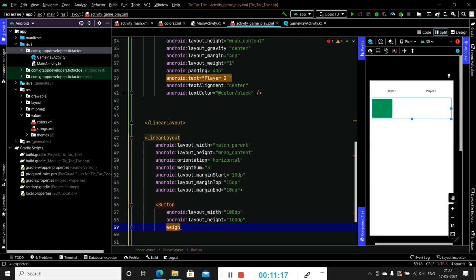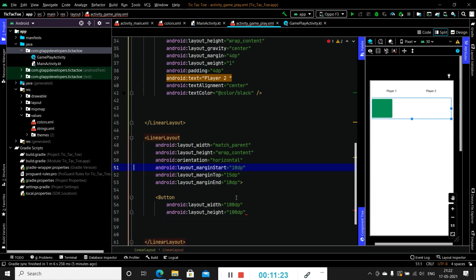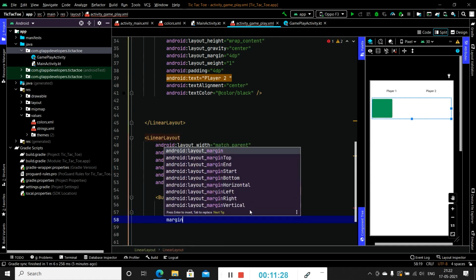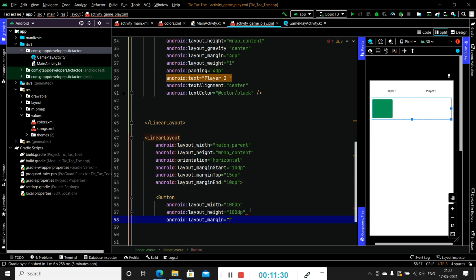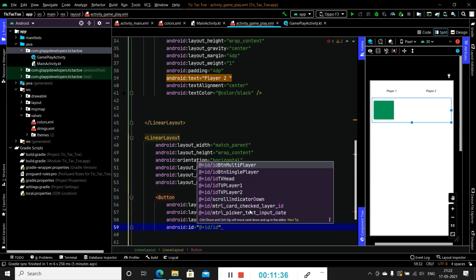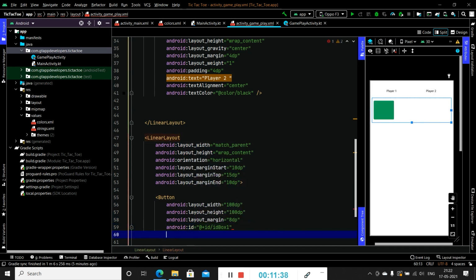We will not be using weight because we are specifying 100 dp dimensions, so we will also remove the weight sum as well because we are specifying the constant dimensions. So after that we will add the margin to each box as 8 dp. We will specify id as box 1.